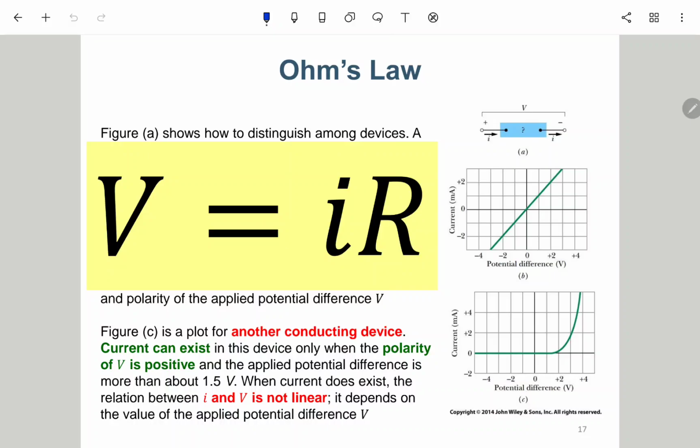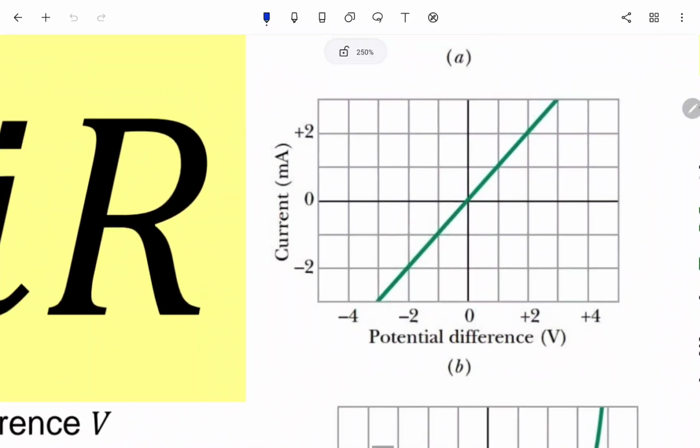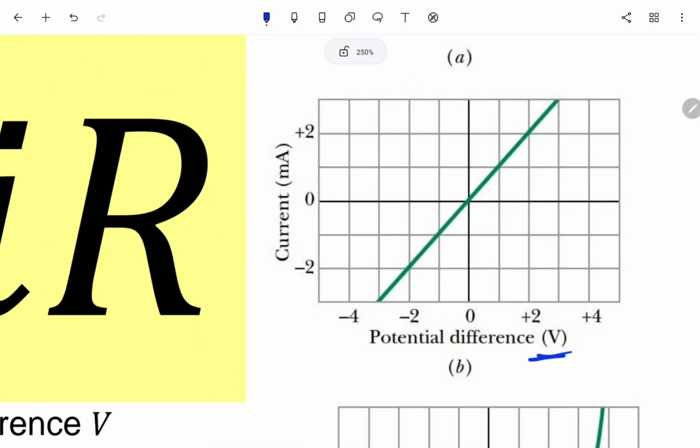Here we have a slide called Ohm's law. There are quite a lot of words, but we don't need to see that. What we need to know for Ohm's law is V equals IR. We just forget everything else. It is as simple as this: here we have V, we have I here, or maybe you can just exchange them. Then what you can plot is a